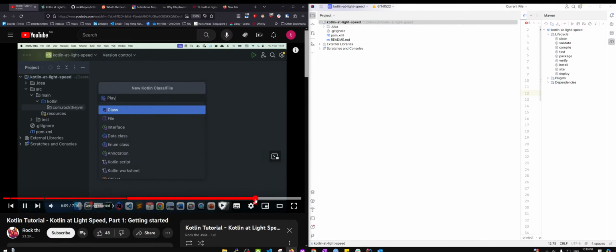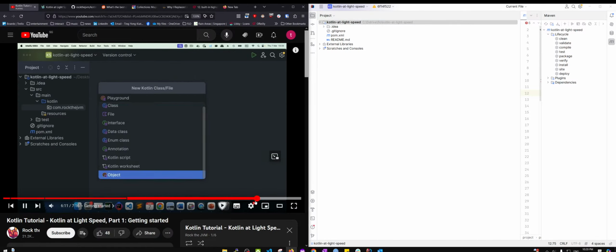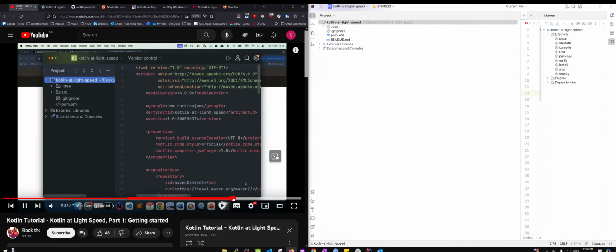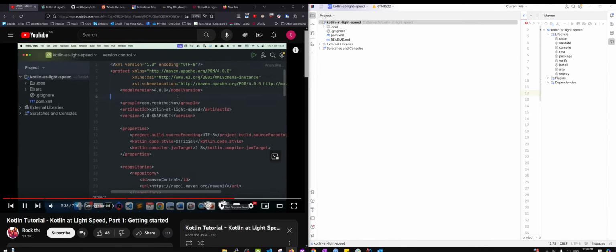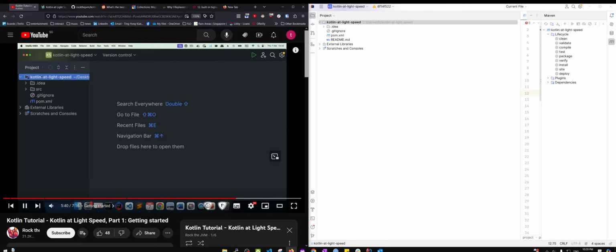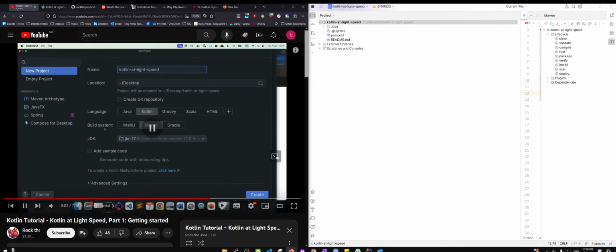So this is now runnable. So if you right click ground, and I'm going to make it an object. So scroll all the way down and select object here. You can hit create, and this is going to open up in a snap. And this project is a plain IntelliJ project for Kotlin, obviously. The build system